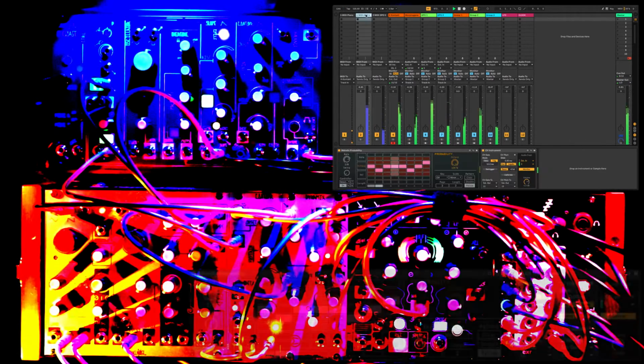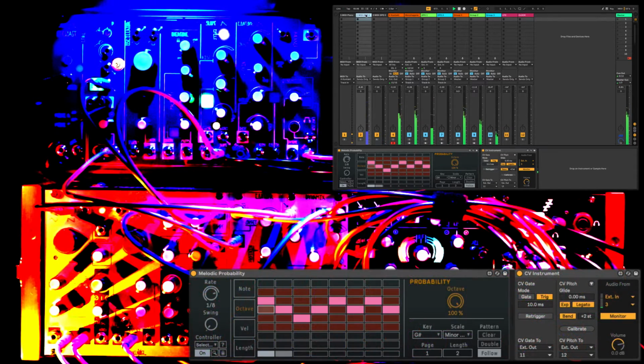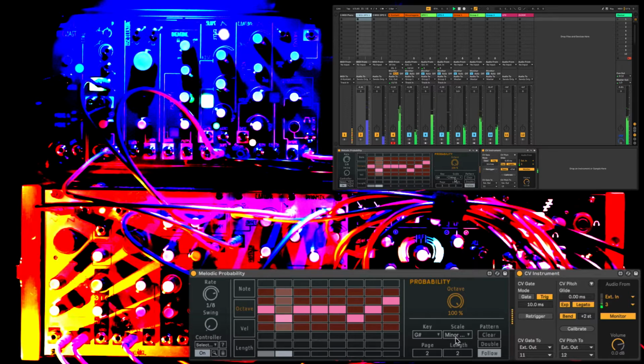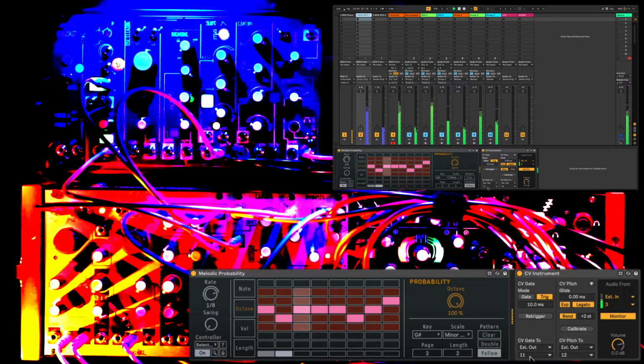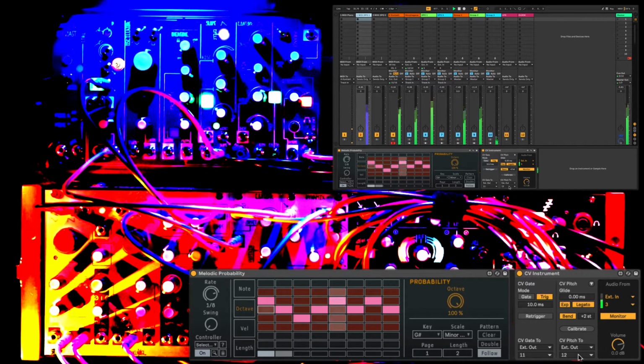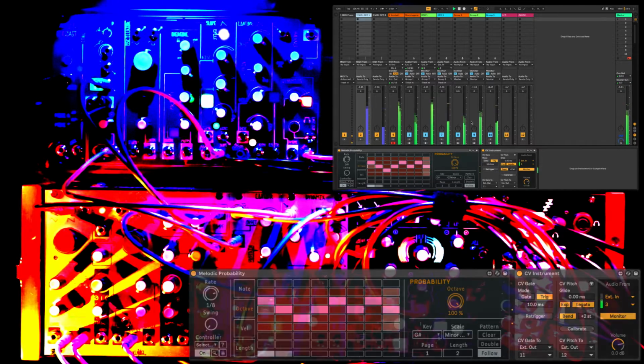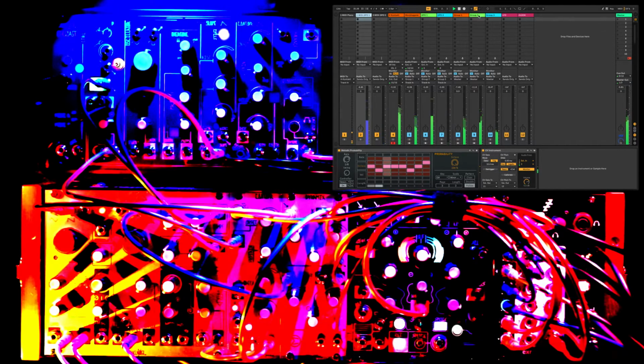The melodic probability sequencer is handling the main synth voice, where I've programmed a 16-step pattern with some octave switching on a random G-sharp minor pentatonic scale. Those notes are sent to the CV instrument from CV Tools, which uses the CV outs of the audio interface to trigger the envelope from Contour and calibrate the pitch of the first VCO, which we'll see later.